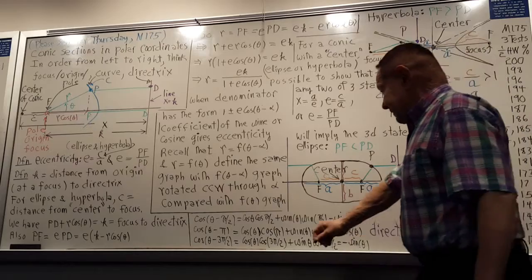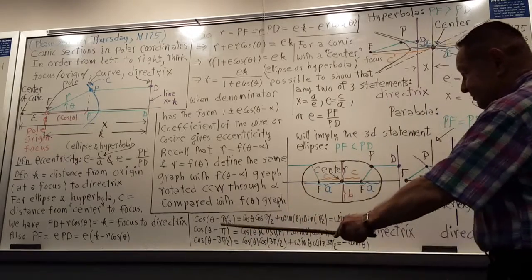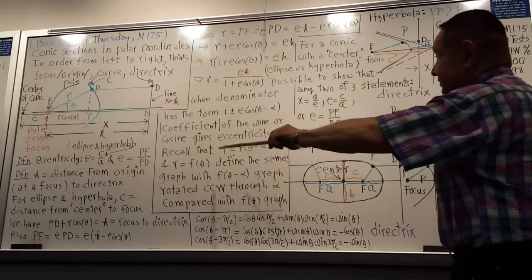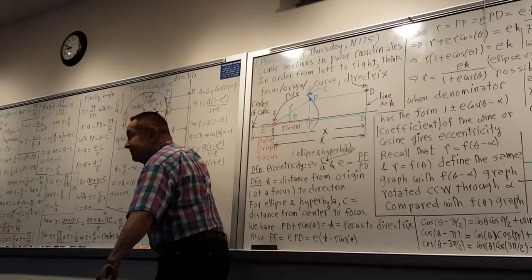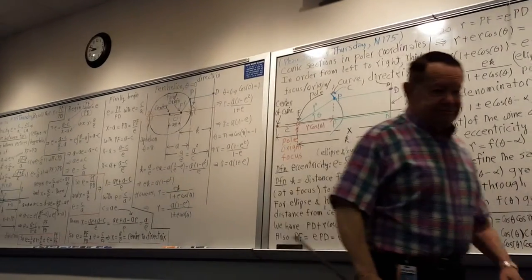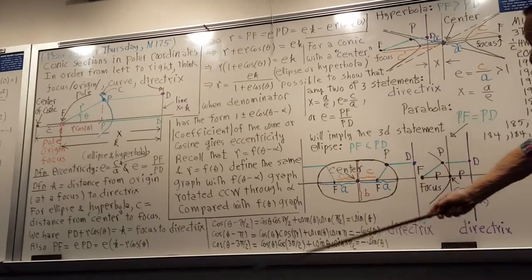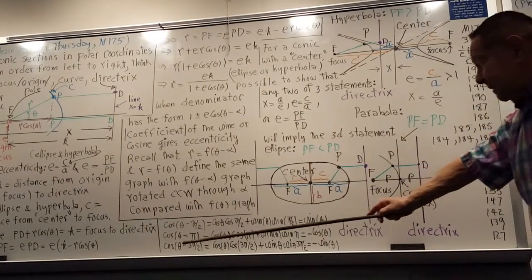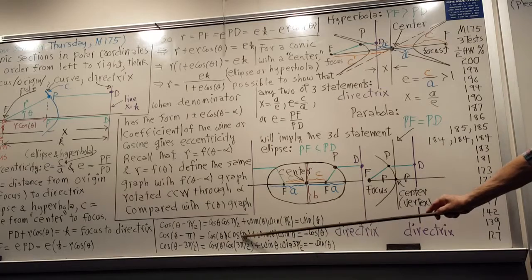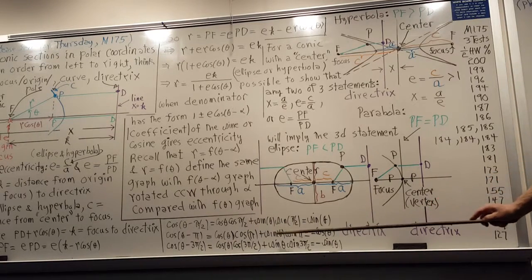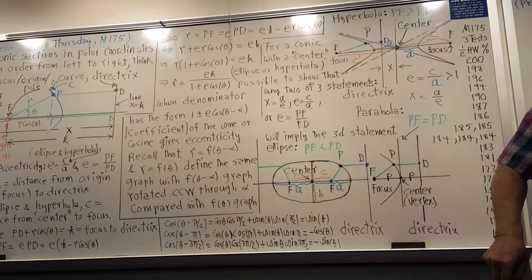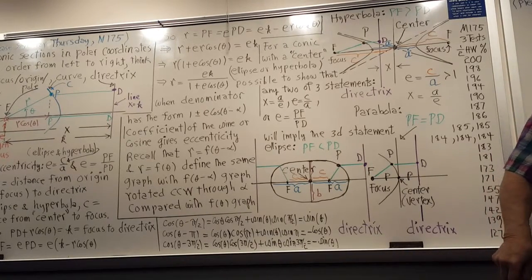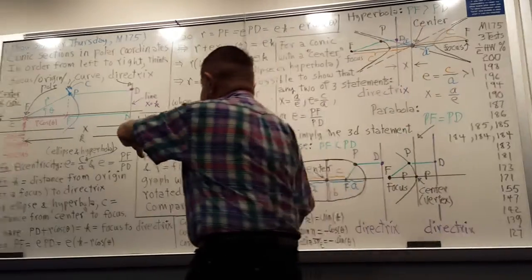So suppose you went counterclockwise through pi, so now you took hold of this and you went over to here, then cosine of theta minus pi gives you cosine theta cosine pi, which is minus 1, plus sine theta sine pi, which is 0, so you get minus cosine theta, and you see the center picture where now your directrix, so that goes